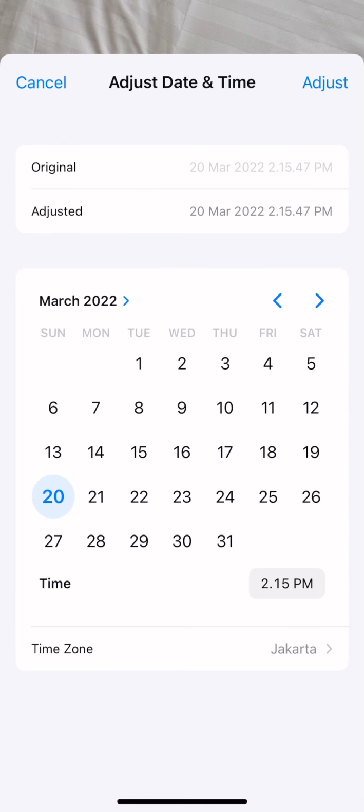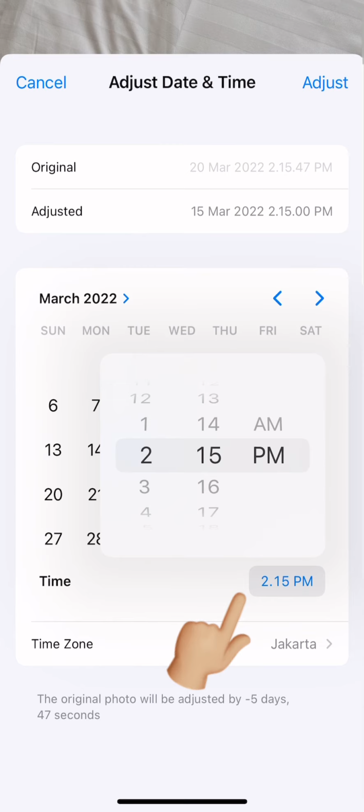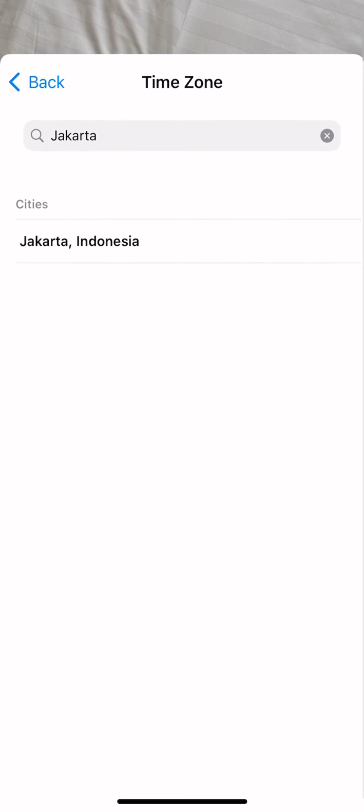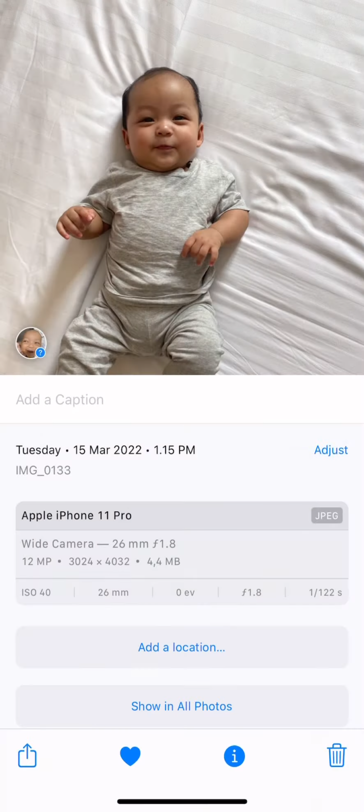So originally it was taken on the 20th of March, and then I can just tap on the date I want this photo to be adjusted, and then the time, and I could also change the time zone. And then once you're done, you can just tap on adjust on the top right corner, and so there it says the original photo will be adjusted by -5 days, 1 hour and 47 seconds, and then that's it. It will